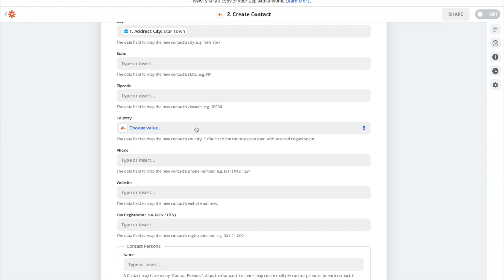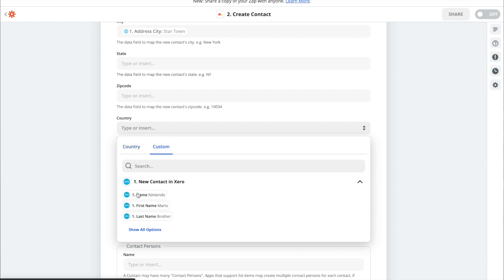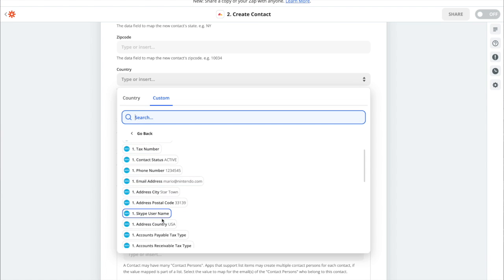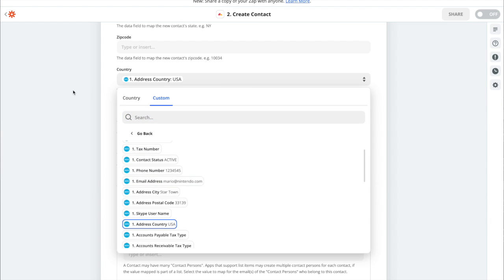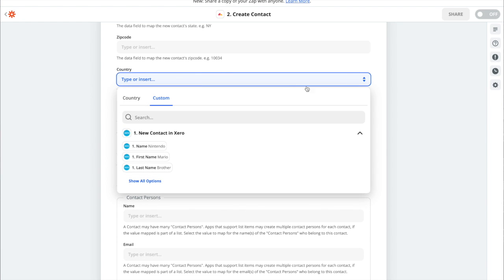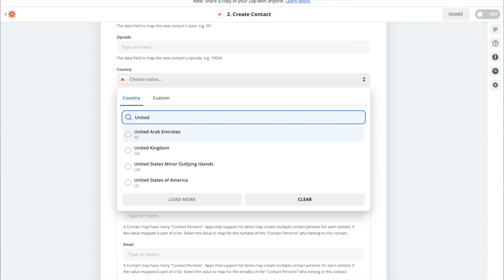We could select country. The data field to map the new country context country default to the country associated with the selected organization. So we could look through our 0 information as well for a country, which I do see a country code. We could map it to there, or we could select from a list that is provided in our countries. So we could look for United States